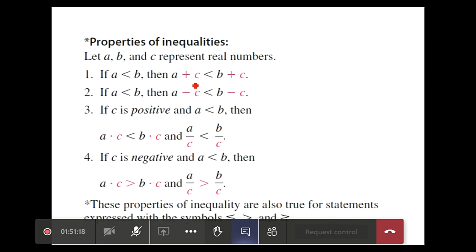Now, we can add number for both sides, subtract for both sides, no problem. But when multiply or divide by number, we must check if this is positive or negative. If we have positive, so keep it as it is, less than. But if multiply by negative and we have greater than, we must replace it with less than, and if we have less than, we must replace it with greater than. For example, about this,